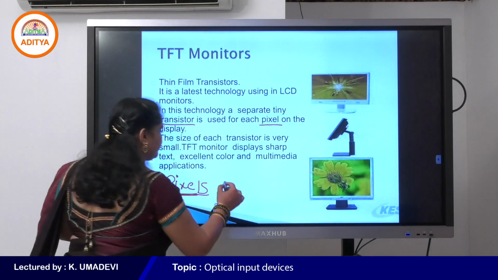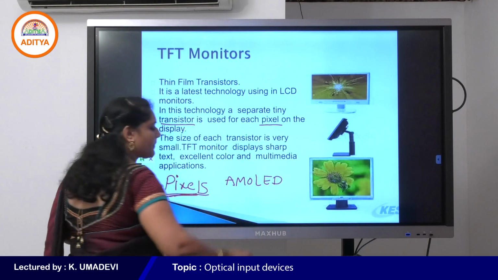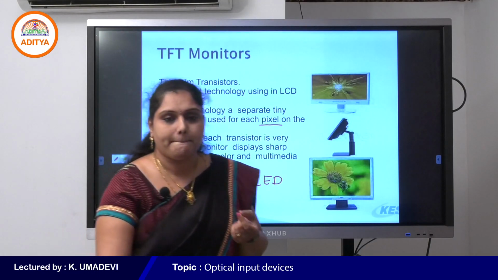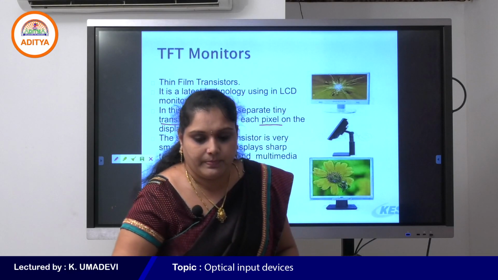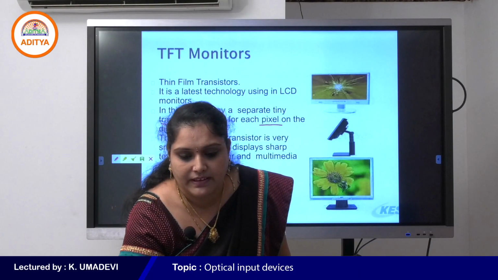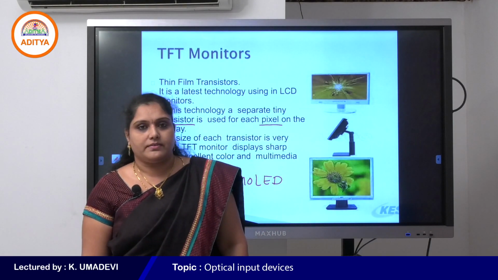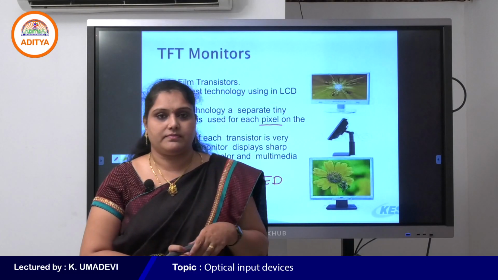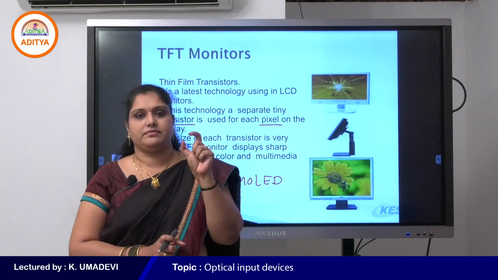And do you know about AMOLED display? Pixels can be measured in megapixels, gigapixels, etc., depending upon the pixel number.